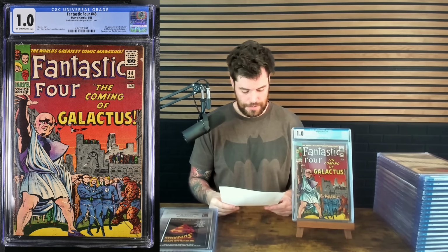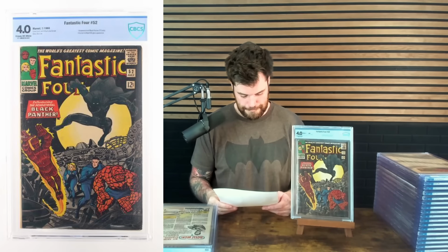First Harley Quinn, $5.99. First Silver Surfer, $4.49. CBCS one, there we go. First Black Panther,